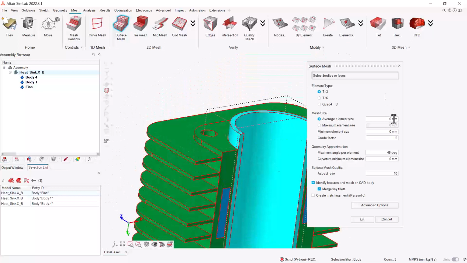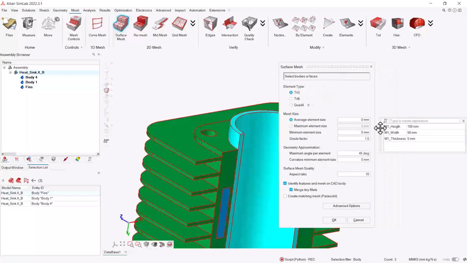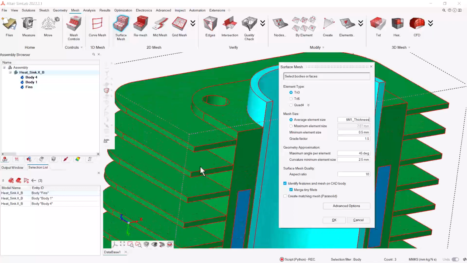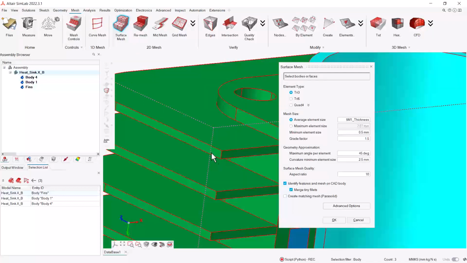So for this, you can right click on the average element size and select parameters. Then it will open our design variables here. Select the one that we want. For this, we want to make sure to have at least two elements on our thickness, so we are going to divide our thickness by 2, and we want to drive the same design parameter for our minimum element size and our curvature